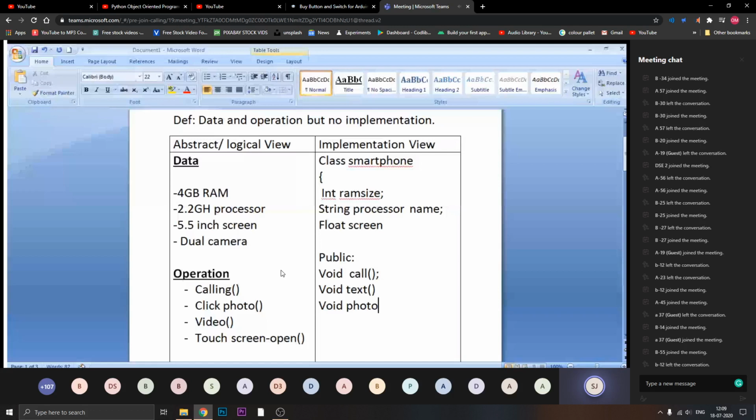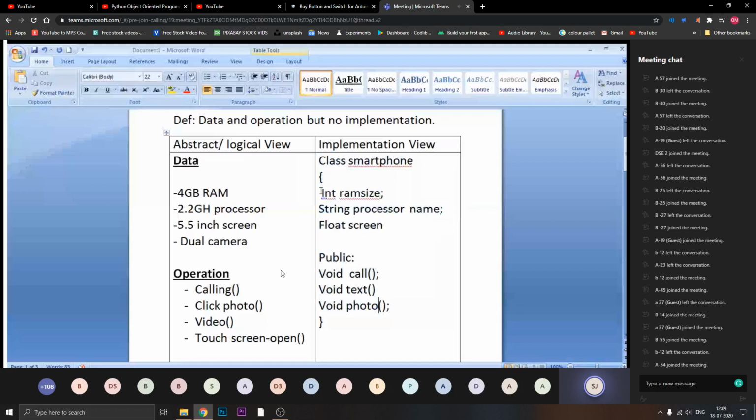So we are not bothering with this. As I told you, implementation details or different programming languages will have a different style of implementation. I have given you here the example of C++, where you are writing your members and your operations in a single curly bracket.